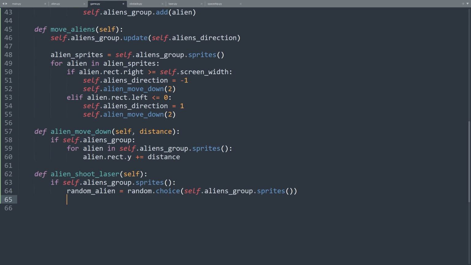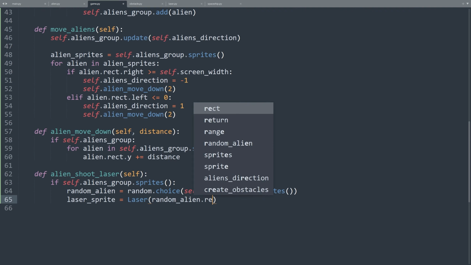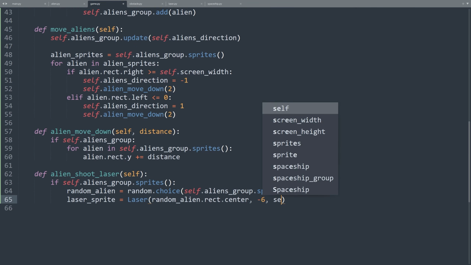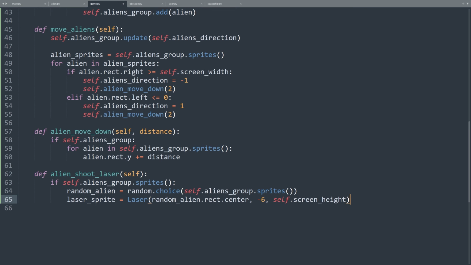Now we need to create a laser for that alien. We will shoot the laser from the center of the alien sprite. So we type laser_sprite is equal to Laser(random_alien.rect.center, -6, self.screen_height). We give it a -6 value because we want the laser beam to move downwards.